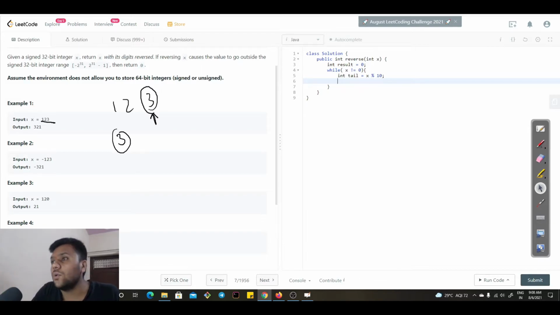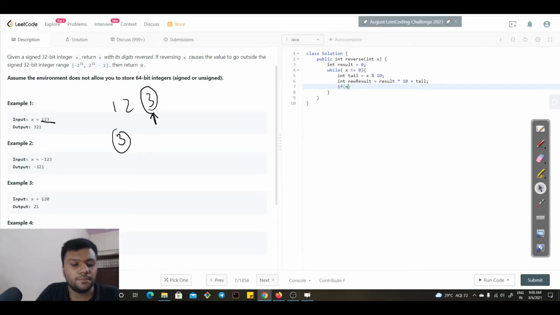Now I have to create a new result, written in camel case: newResult equals result into 10 plus tail. I will explain why I did this later on.